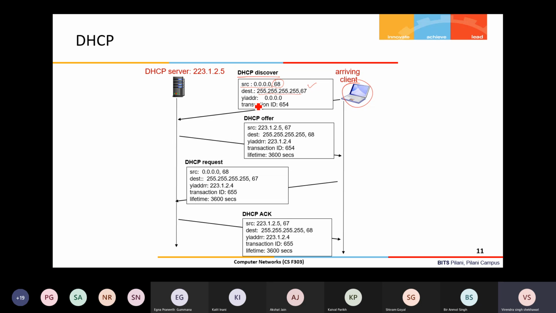And this YI address is basically your internet address. This is the DHCP discover, and the offer and all the messages have the same format. This field is useful when the server replies. But initially, because the client doesn't know what its address is, the client address is also 0.0.0.0.